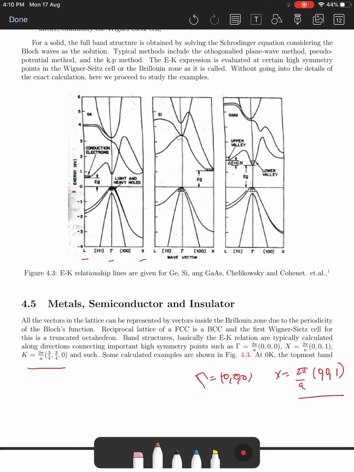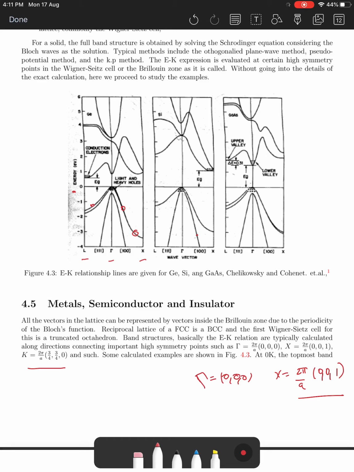And each of these lines that you see here are called the dispersion lines. These are the E versus K that you always saw, right? And each point on this line can have 2 electrons, right? This is because of the spins and Pauli's exclusion principle: fermions ensure that there can be only 2 spin values, plus half and minus half. So each point has one unique energy, and that energy can take only 2 electrons. So then why do we have several lines?